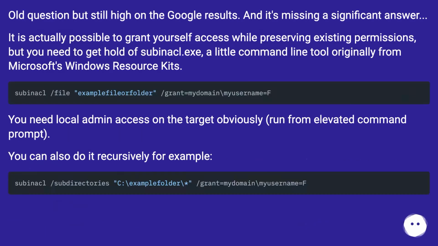Old question, but still high on the Google results. And it's missing a significant answer. It is actually possible to grant yourself access while preserving existing permissions, but you need to get hold of subinacl.exe, a little command line tool originally from Microsoft's Windows Resource Kits. You need local admin access on the target, obviously, run from an elevated command prompt. You can also do it recursively, for example: